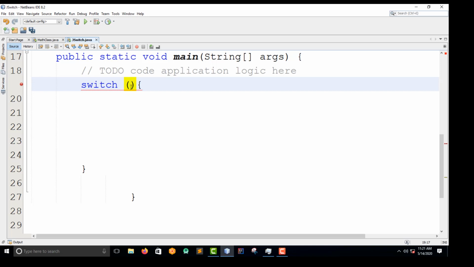You can have several cases. And the third thing you have to understand is that if there is a match in the cases, the associated block of code is executed. For example, here, I'm going to create a case. If the expression above matches the case, then the associated code in that case is going to be executed. The last thing you have to understand is that the break and the default keyword are optional. Guys, don't worry about this because I want to describe later in the chapter what the break and the default keyword are. So this is the example I'm going to do.